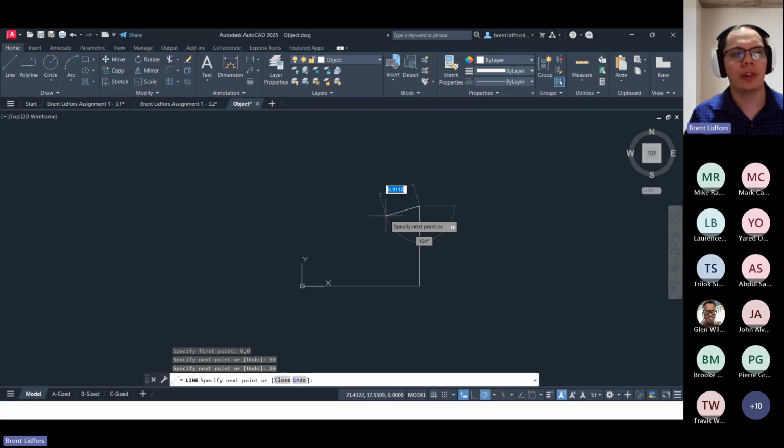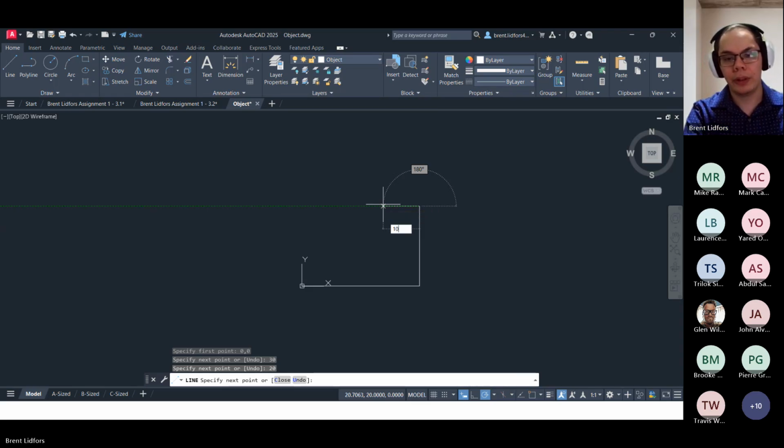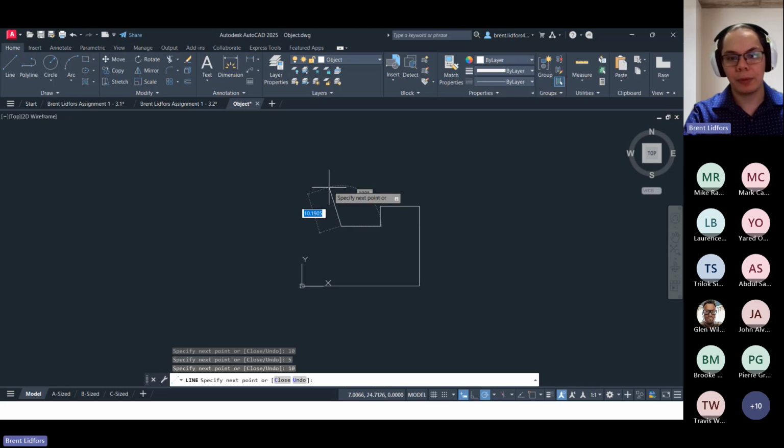And then continue around to draw the shape in the figure by moving the crosshairs in multiples of 90 degree angles. All these angles are rectangular or at perpendicular angles, so I don't have to do anything but 90-degree angles here. I don't need to switch my polar tracking. So I'm just going to go around and finish the drawing here. So the next length is 10 to the left, moving my cursor down, 5 down, to the left again, 10, back up 5, left 10,